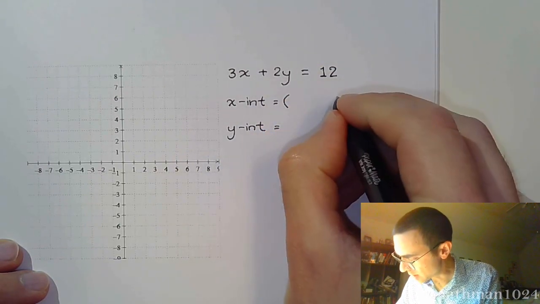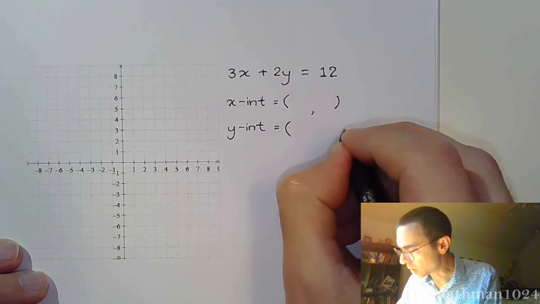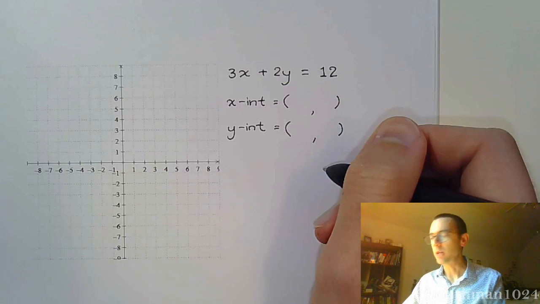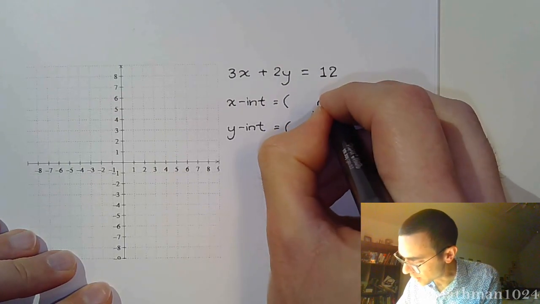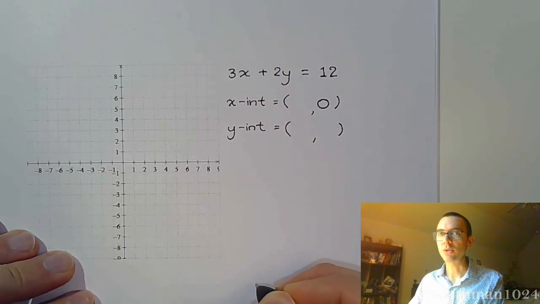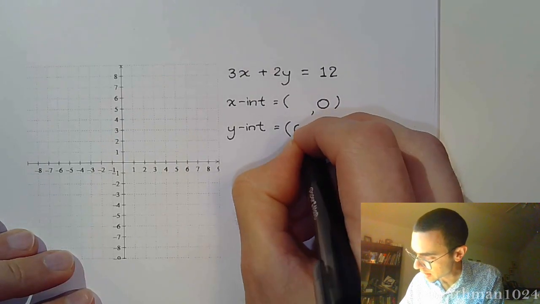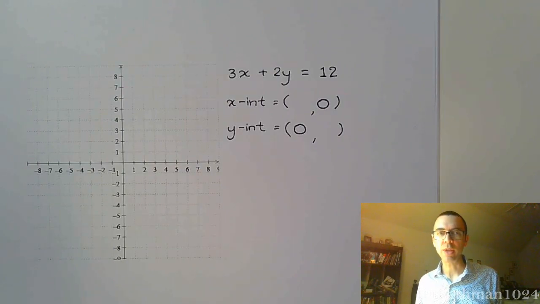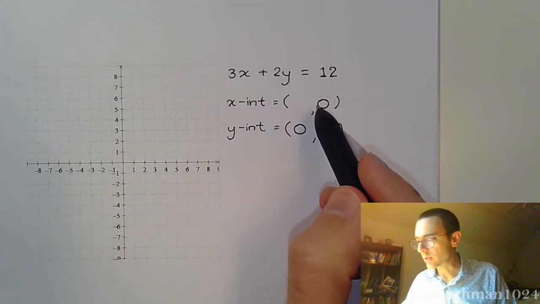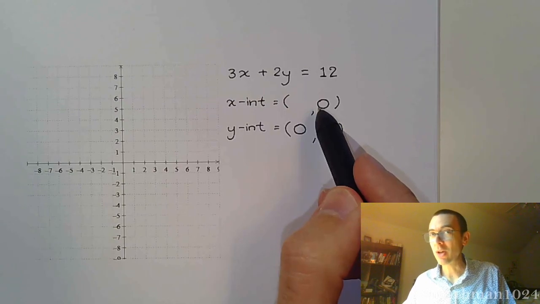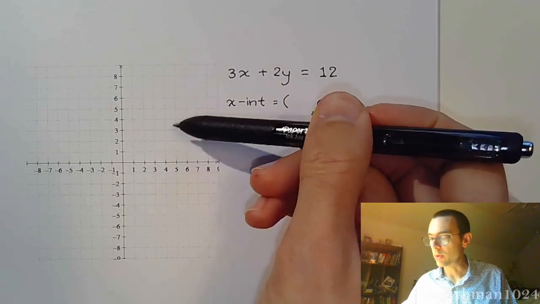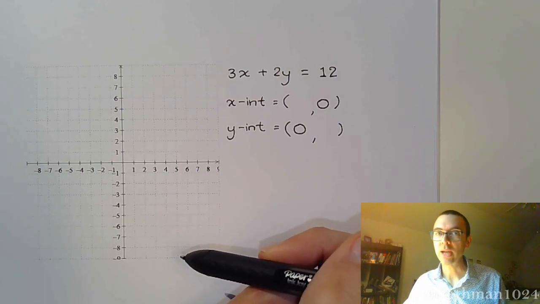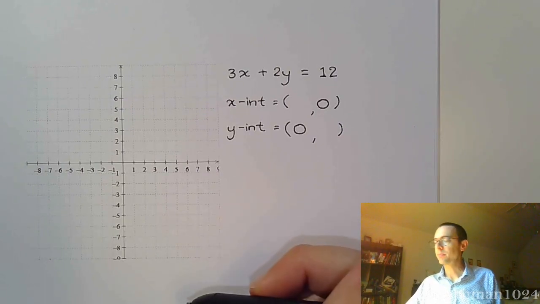Now, before we get started, let's talk about what we already know about every x-intercept and every y-intercept. For every x-intercept, the y-coordinate is 0. And for the y-intercept, the x-coordinate is 0. We know these guys. We can't really get away from that. If for the x-intercept you try to tell me that the y value is something other than 0, that would mean that you are either above or below the x-axis. But you have to be on the x-axis to be an x-intercept. Alright,